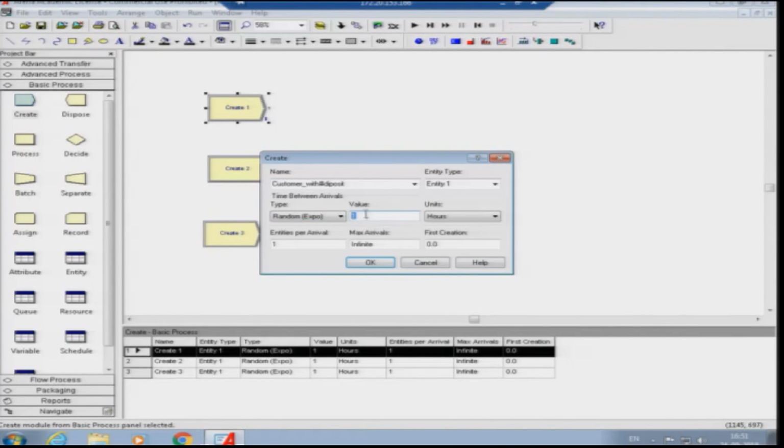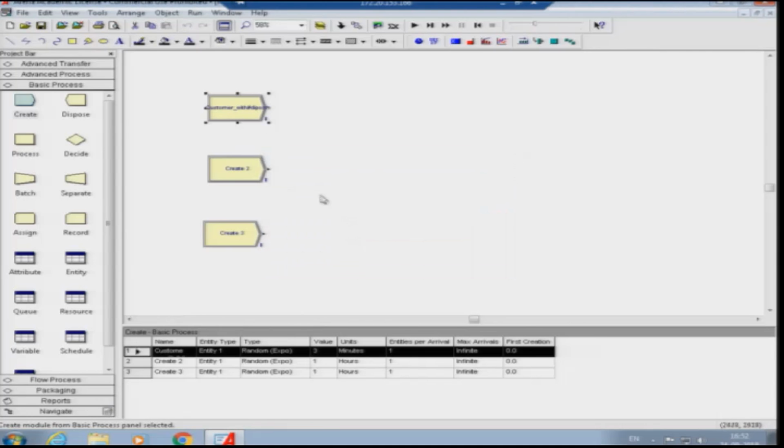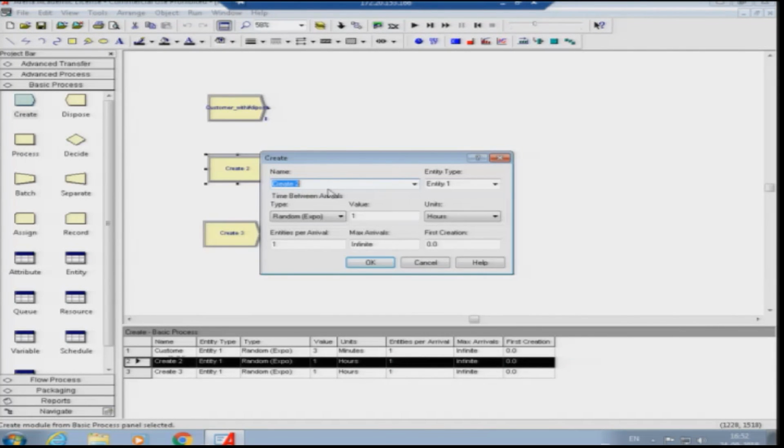We will set it so that, for example, every 3 minutes one such customer arrives at the bank. For the second case as well, we will name it customer underscore draft.